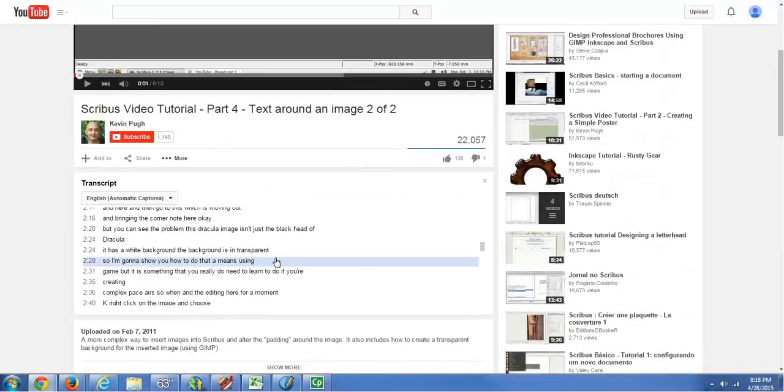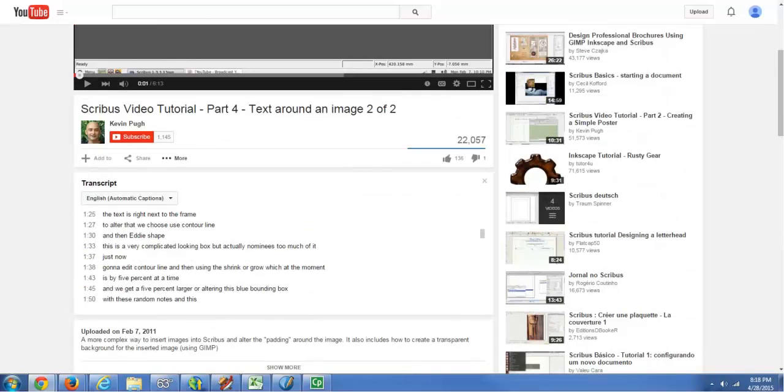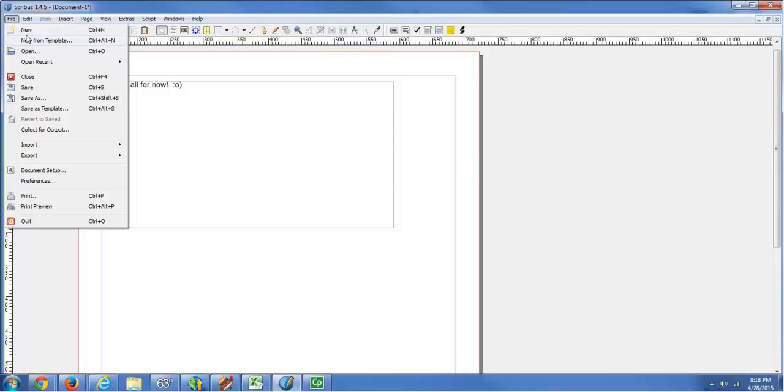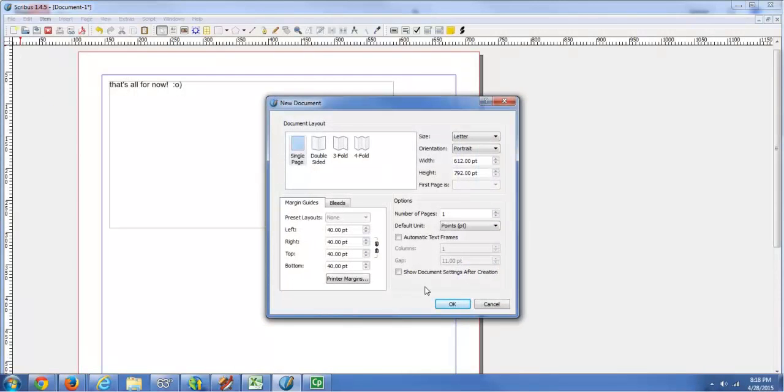Okay, let's go into Scribus. Oh, that's my ending. Okay, I'm going to open a new document, and I want to point out some things to you. When you first load Scribus, it's going to give you the size of